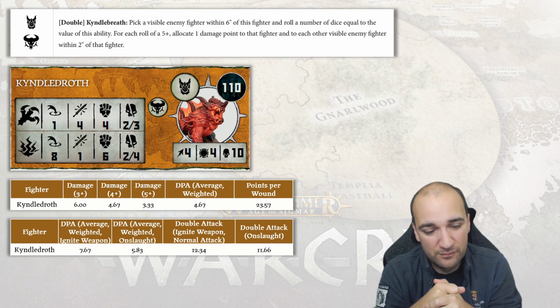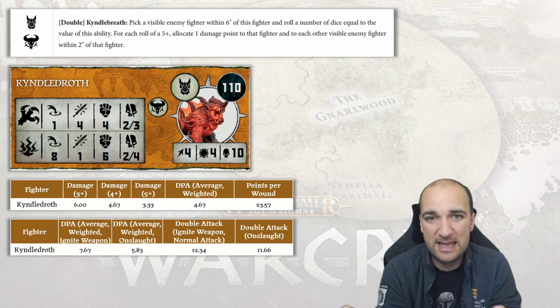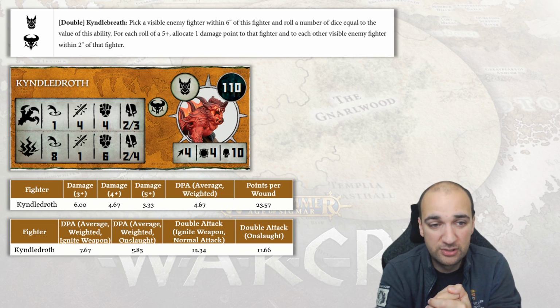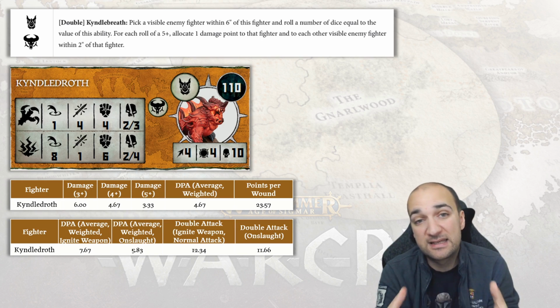It's fairly average, 4/4/2/3 damage profile. I like the 2/3 damage profile. I always have. I think it gives the Kyndledroth a lot of consistency when it attacks. You kind of know roughly what it's going to be doing, and it does have 4 attacks, which is pretty good. It's got a double Kindle Breath, so you can pick a visible enemy fighter within 6 inches of the fighter,